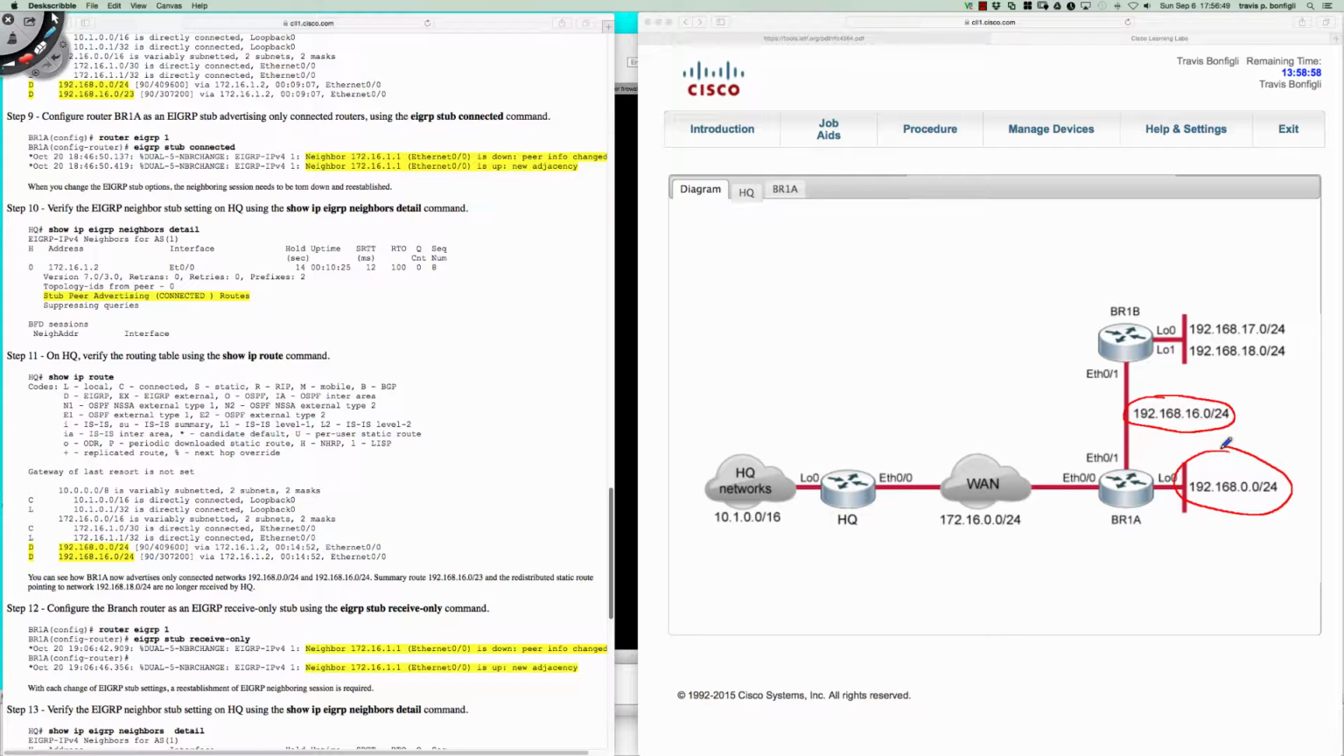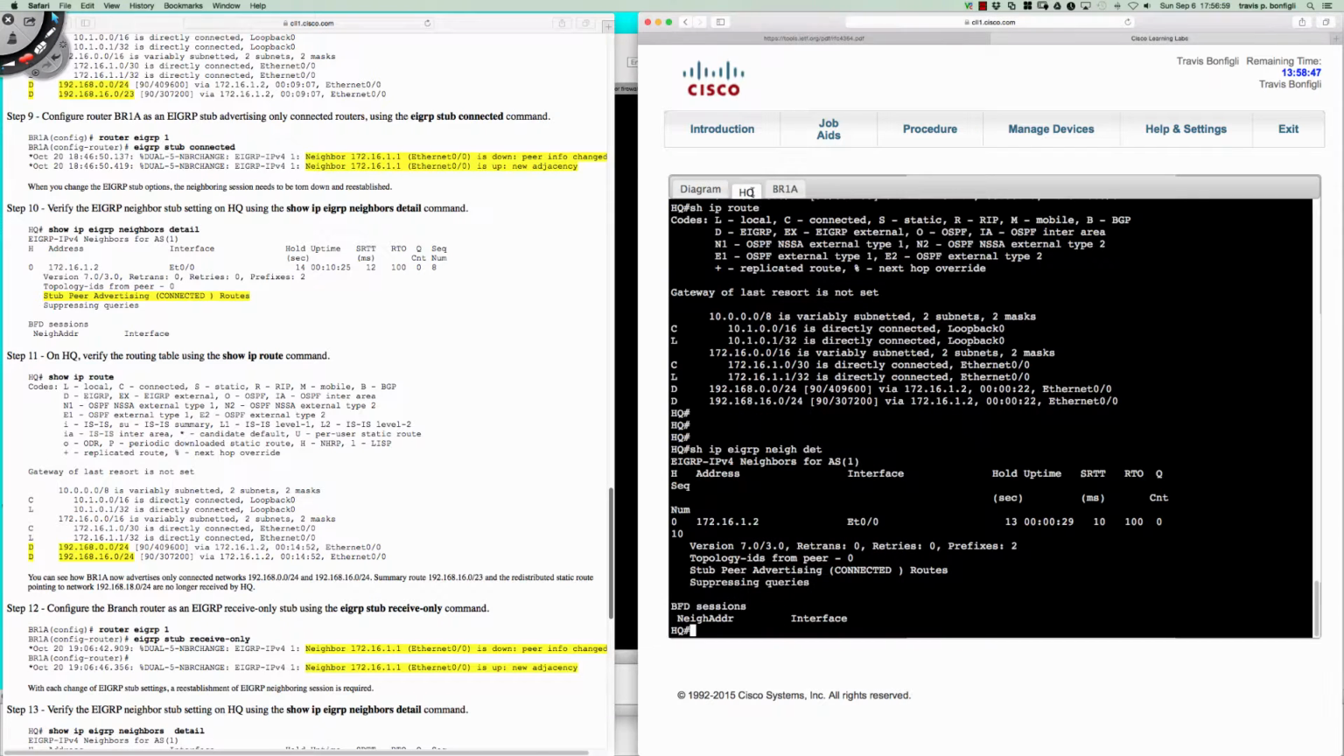And which route are we not advertising? You don't see the /23. There's no summary being advertised, right? So we no longer see that, and we can confirm that when we look on the HQ router. The tab is disappearing on me there. When we look on the HQ router, right? So here is that directly connected network, and here is the other directly connected network,